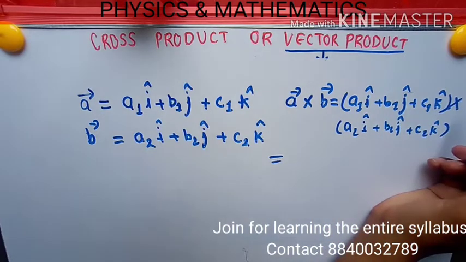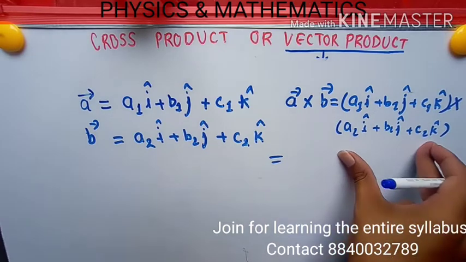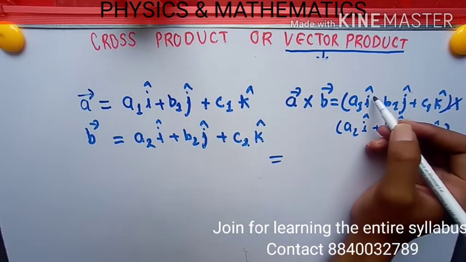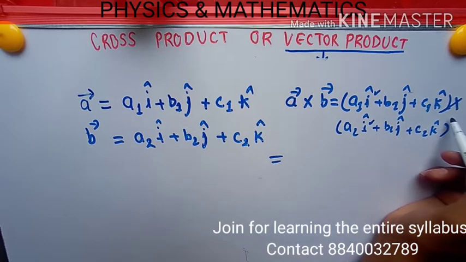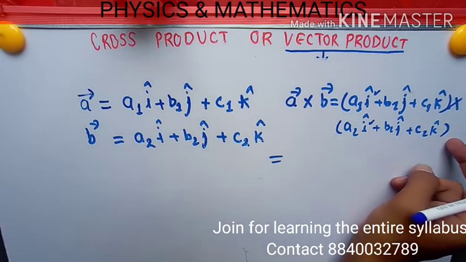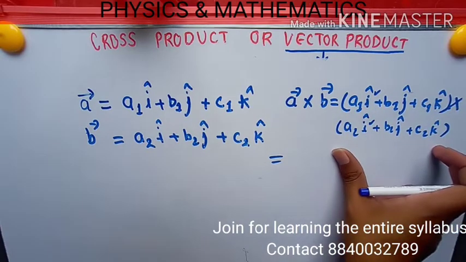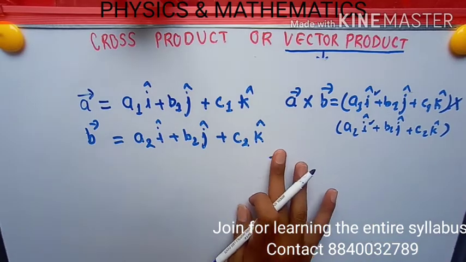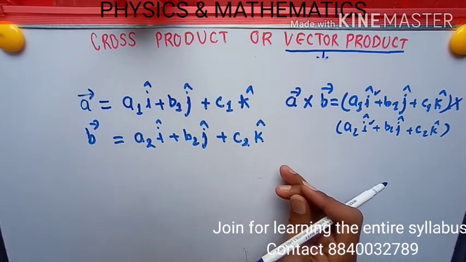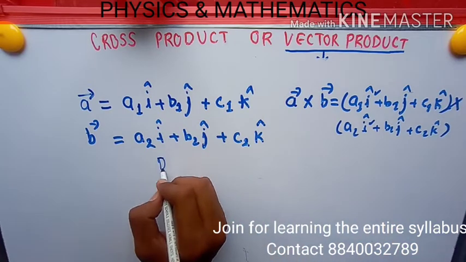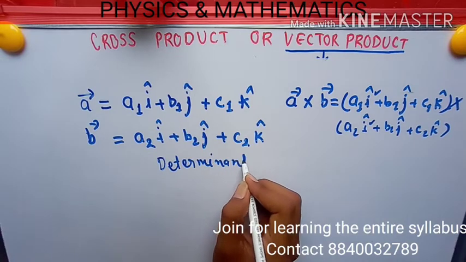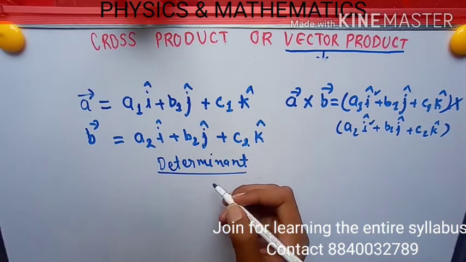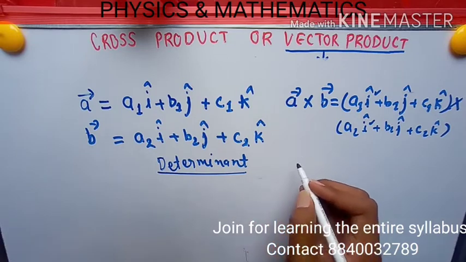So you have to multiply A1 i with all the three quantities along with their unit vectors, i with i, j with j, k with k. Understand? So how many terms will you get? Very nice. You will get 3 into 3, 9 terms. But for simplifying it, I have to use one more tool, and the tool name is the determinant method. Okay, this is very simple, and I'm trying to make you understand it.